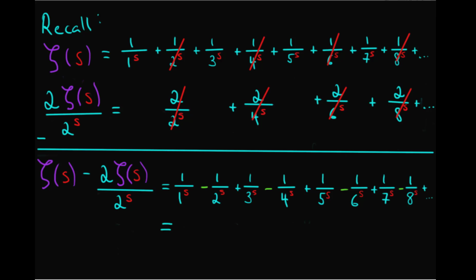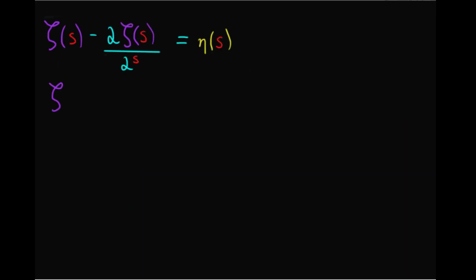So in other words, zeta of s minus 2 times zeta of s over 2 to the s, what does it equal? It just equals eta of s. So now I just want to simplify this expression a little bit, and I do that by factoring out the zeta of s from the left-hand side. So I get zeta of s times, open parenthesis, 1 minus 2 over 2 to the s, close parenthesis, equals